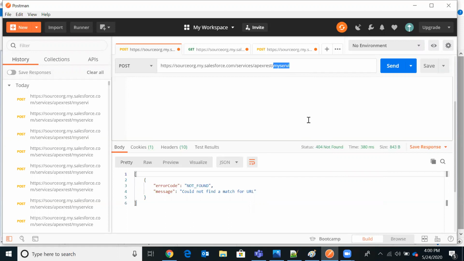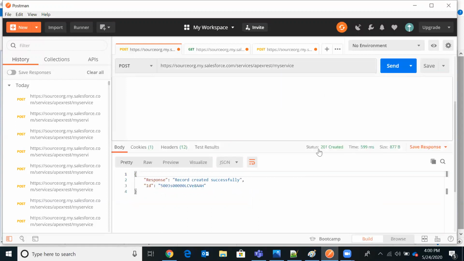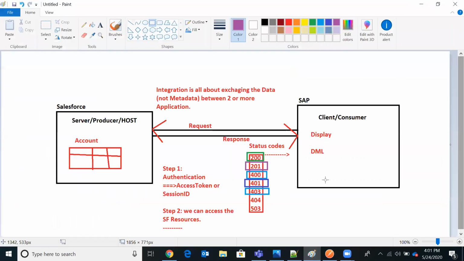Whereas 404 means the service which you are trying to fetch is not available, it is not found in the org. That is why it is throwing the error. So I'll just make it correct and then try to hit, and I'll be able to see 201. So that is about 404.